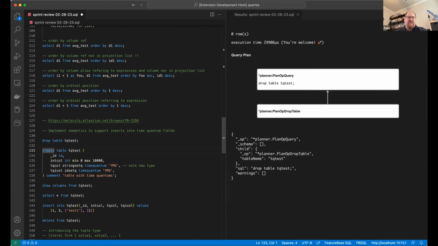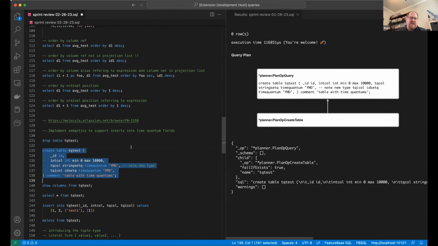So I'm going to create a table, TQ test, which has 2 time quantum columns in it. And you'll notice actually, these are not highlighted yet correctly, but there are 2 new types. So previously, time quantum was a storage modifier. So you would say something like, I want this TQ column, time quantum column, I want it to be a string set, and I want to put a time quantum on it, and then optionally a time to live and all that stuff. We've promoted time quantum columns